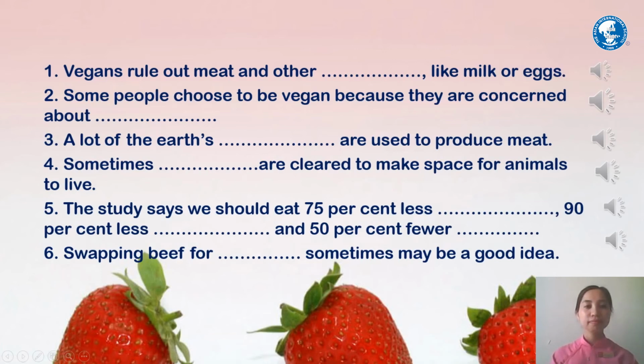Vegans can be hard to cook for. Like vegetarians, they don't eat meat, but they also rule out other animal products, like eggs, milk, and sometimes even